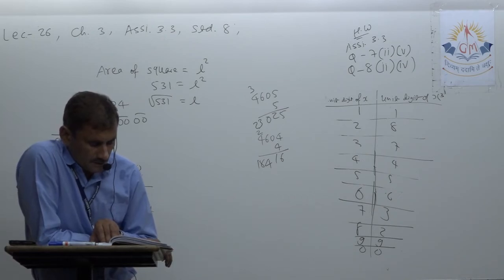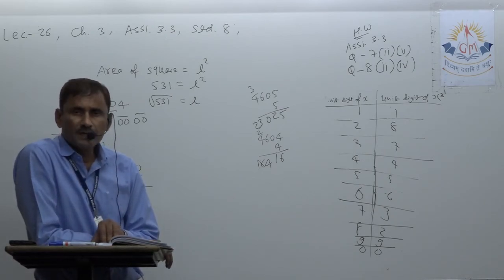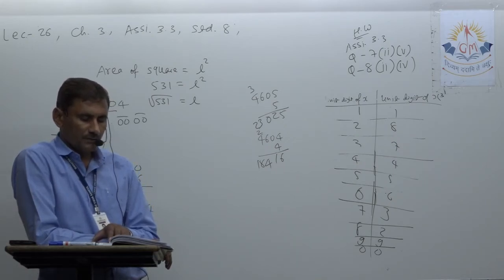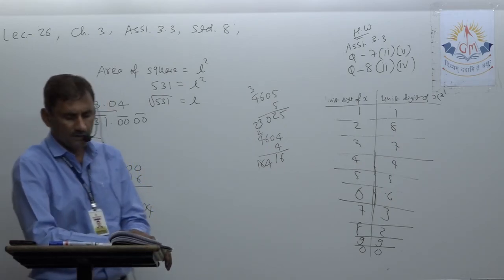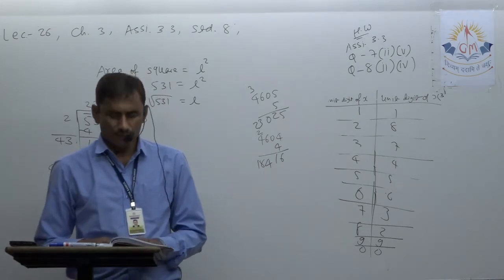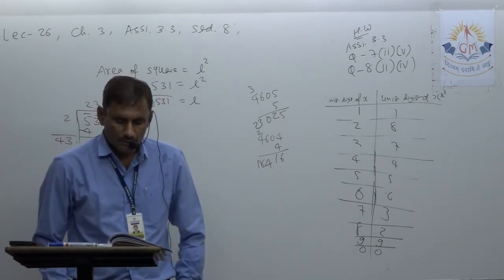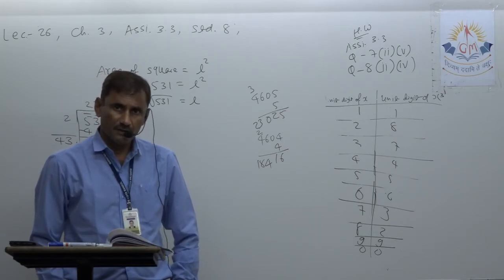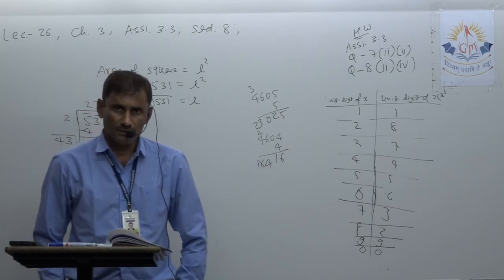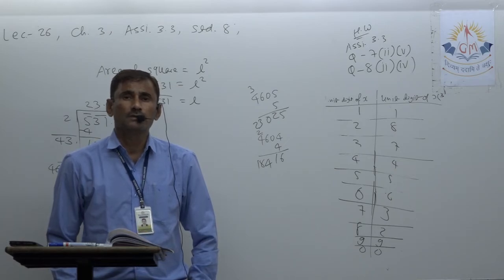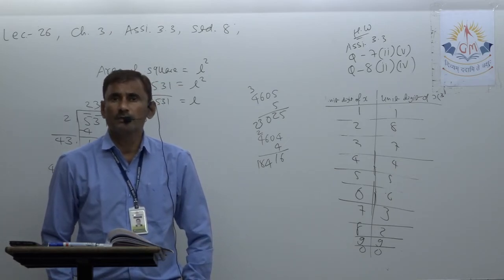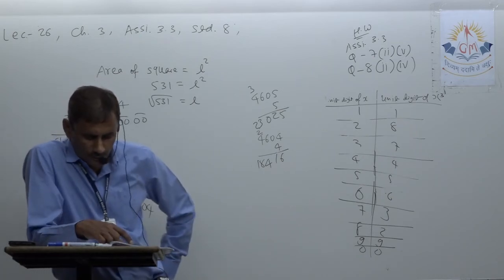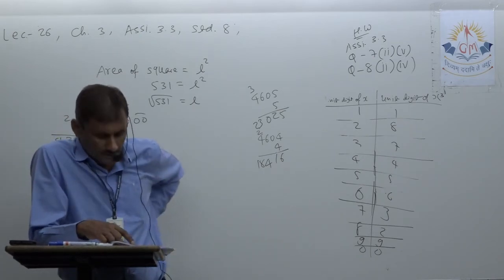Second property. We are at page number 68, point number 3.4.1, properties of cubes. So first we understood that. Second, cubes of all even natural numbers are even, just like squares. In squares also, even square is even, odd square is odd. So here in cubes also, odd cube is odd, even cube is even. Number 3, the cube of all odd numbers will be odd.